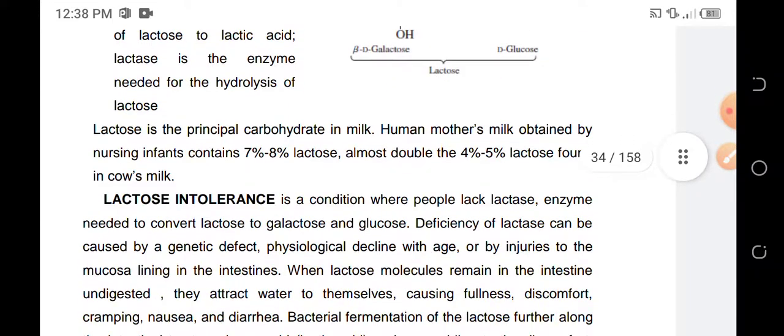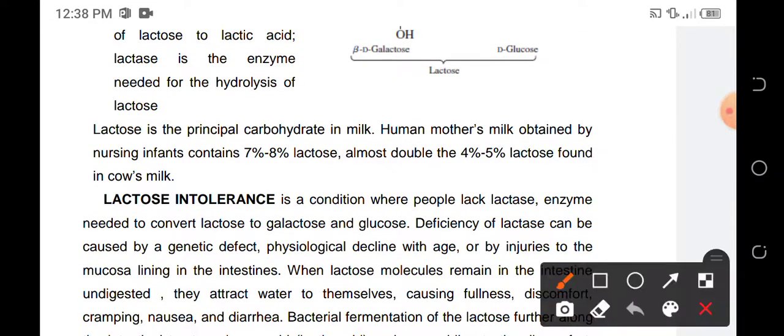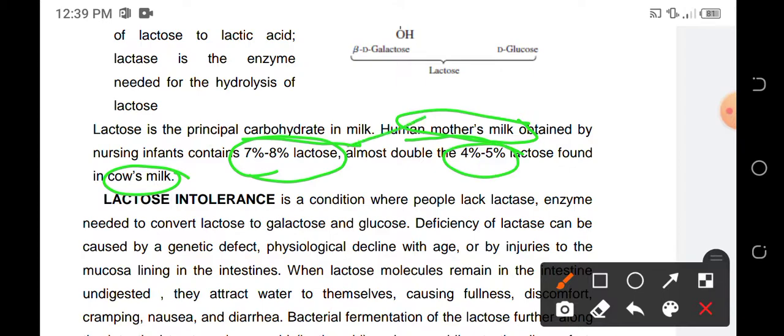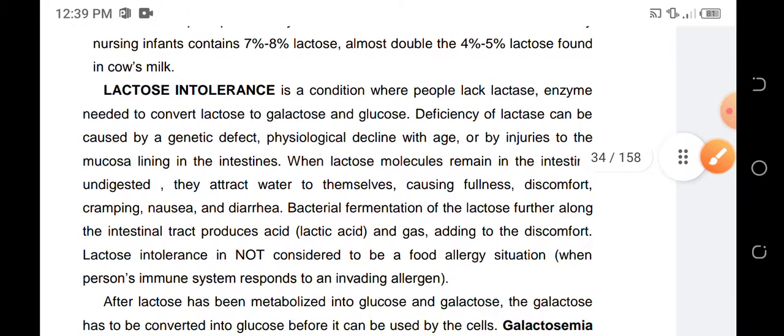Okay? So lactose is the principal carbohydrate in the milk, and human milk, or human mother's milk obtained by the nursing infants, contains 7 to 8% lactose, ang mother's milk. However, yung mga formula lang daw or the cow's milk ay 4 to 5% only. That's why laging ina-advise that mother's milk is still best for the infants. Okay. We have